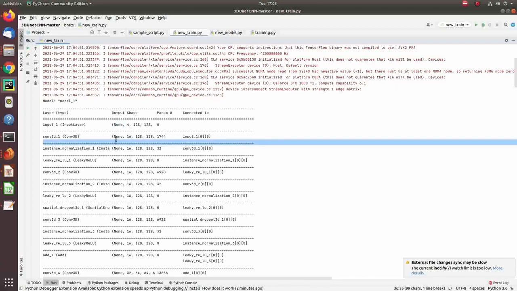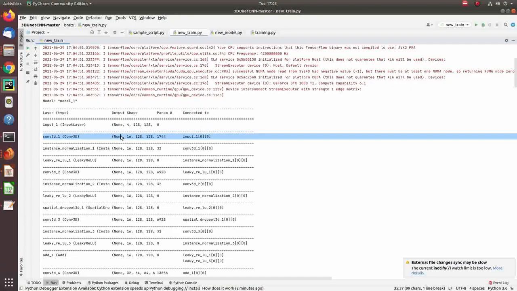Then I go to the downsample, first encoder convolutional 3D. The input is 4x128x128. The output of this convolutional 3D is 16 filters, and the shape will remain the same as I told you previously. The stride value is 1, and trainable parameters become 1744 at this point. Then I use instance normalization.